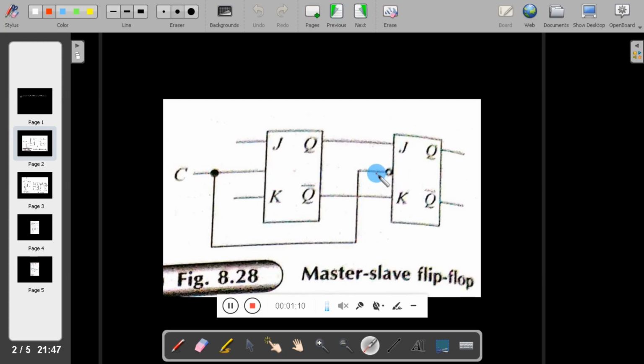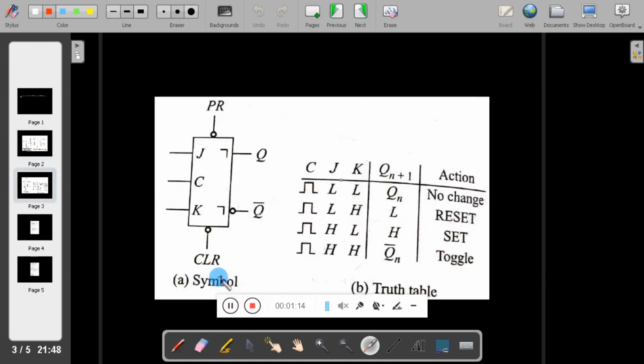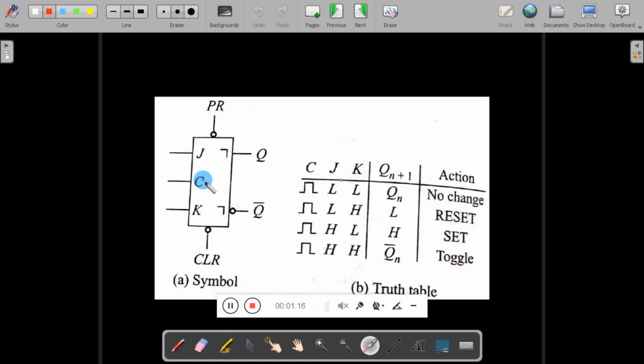Now moving on to the truth table of JK. So this is the logical symbol for JK flip-flop. Here you can see inputs J and K and the clock signal. The truth table for JK has J and K as inputs and the output represents the next state Qn plus 1. When both inputs are 0, 0, low and low, the output is nothing but the previous state, or no change. When J is 0 and K is 1, the output is low and this is called reset.